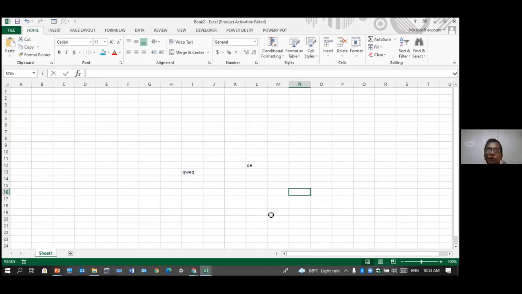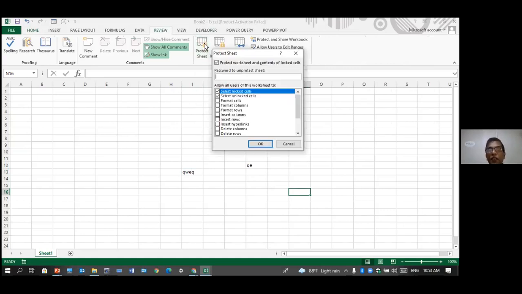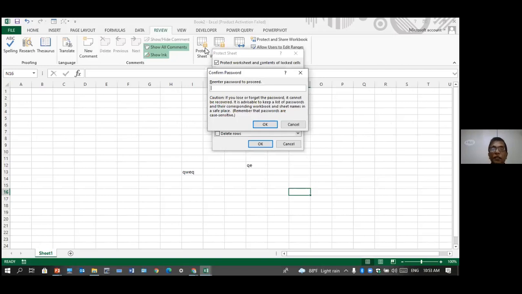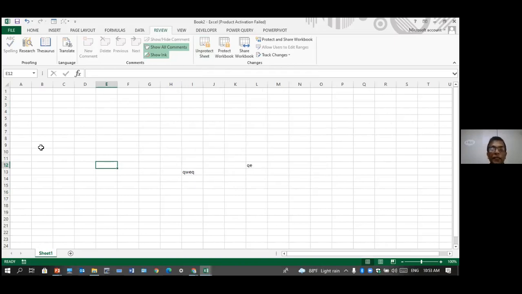So remember, the trip switch in this case is your password. Now if I put a password without doing anything, if I go to review and say protect sheet, put the password 123, what happens? All the 1 billion cells locks will start working. 123 again. You can't enter anything anywhere. That is the principle. So password is like the trip switch. So before putting the trip switch, you have to make sure what is on and what is off.